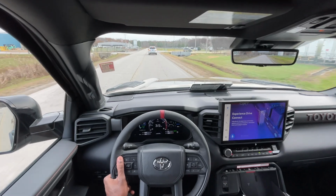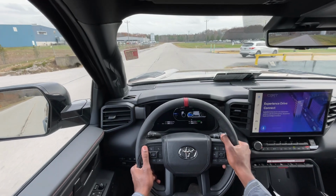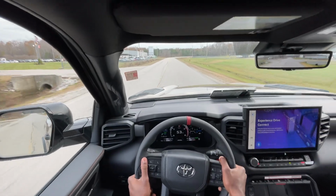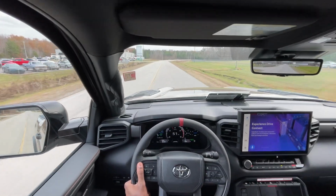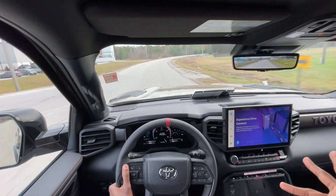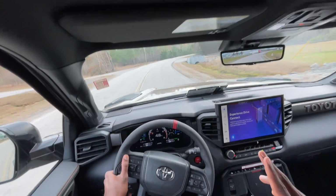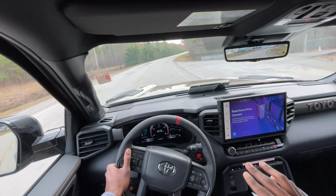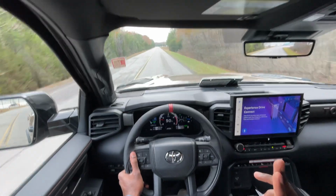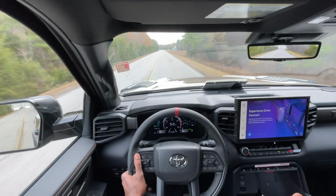Now I'll put it in sport here and we'll give it a little pull. Yeah, it's so quick. That pull you get from those turbos, I tell you, feels really good. And then you have the torque from the electric motor as well. And with the iForce Max, that's one thing you can tell right off the bat, which is different, especially when this battery is juiced up. It's a small battery, but it still helps give you that extra pull and that instant torque. That's why the torque numbers are so high on this truck,